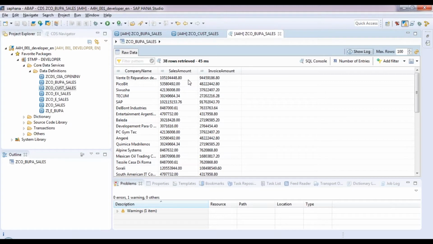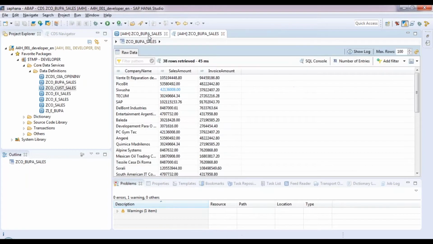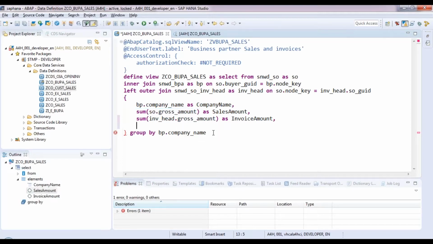See some difference, guys. See, for this customer I've got this much order, but only this much has been invoiced. You see this amount. You can actually calculate a difference also on the fly. That's the beauty of SAP HANA or CDS views. You can calculate a difference between these two amounts. I hope I can.